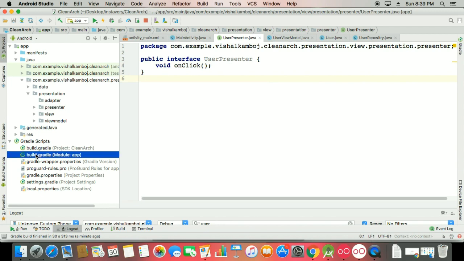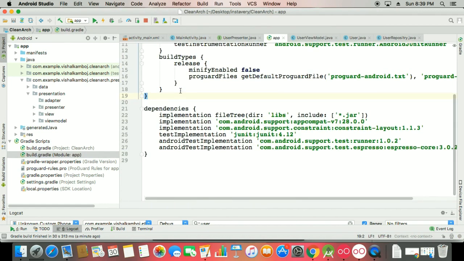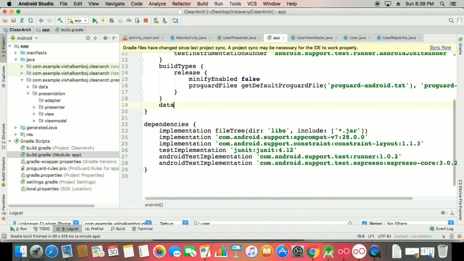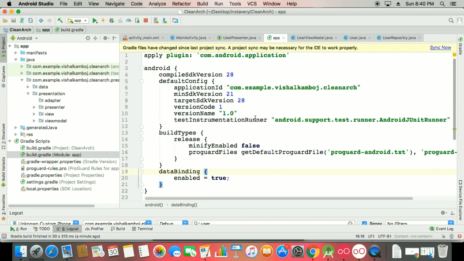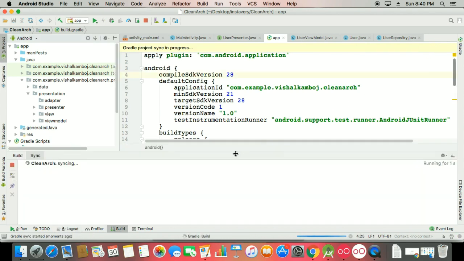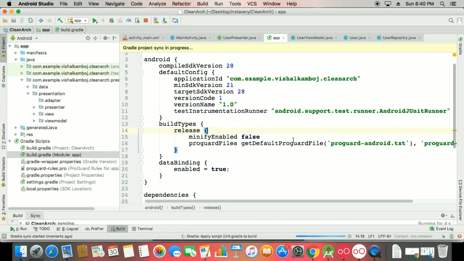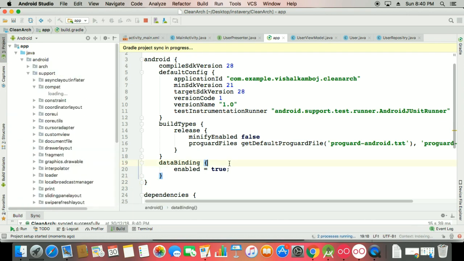We need data binding here just to call this presenter, and in the future I will describe how the binding works with your include layout also. So I'm just making a small app on that. I think binding is very easy, and everything should be in an easy manner. We can work on our apps perfectly.